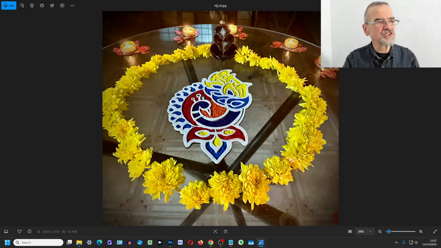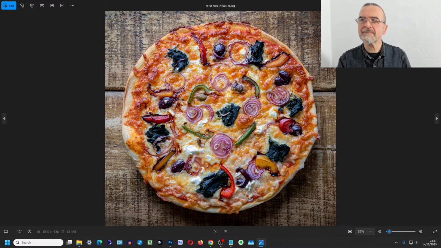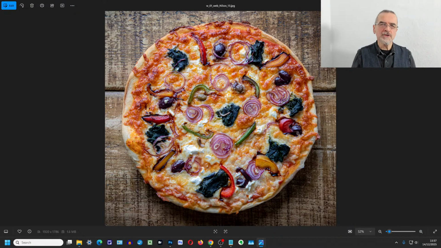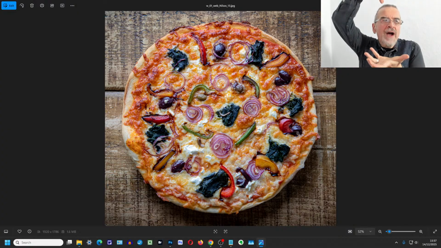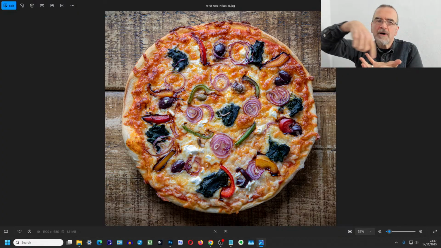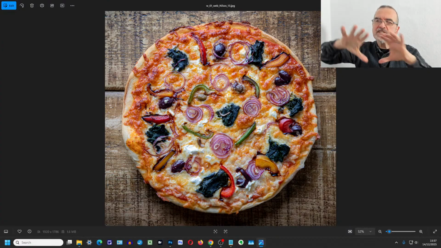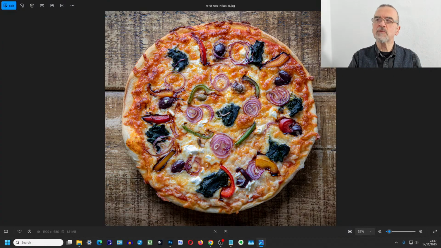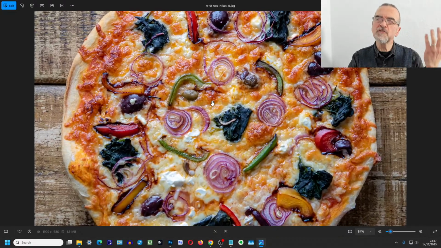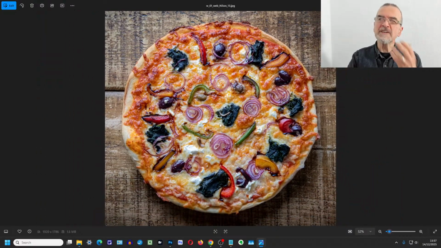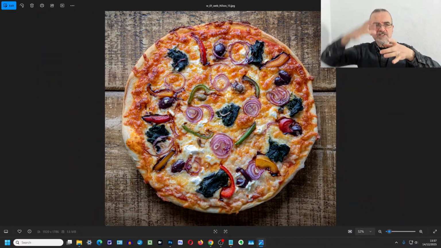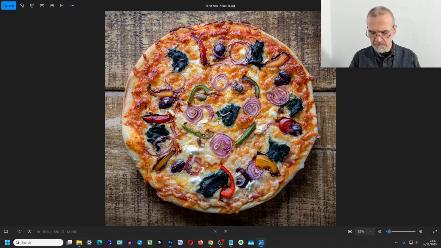To use an entirely different subject, to show you what I mean, let me go to pizza. Three different ways of photographing a pizza. I do this purely because it's round. You can go absolutely straight down from the top. This gives us this sort of round sense, and it gives us the full pattern. We can see the onion, the green pepper, the cheese, all the bits and pieces.